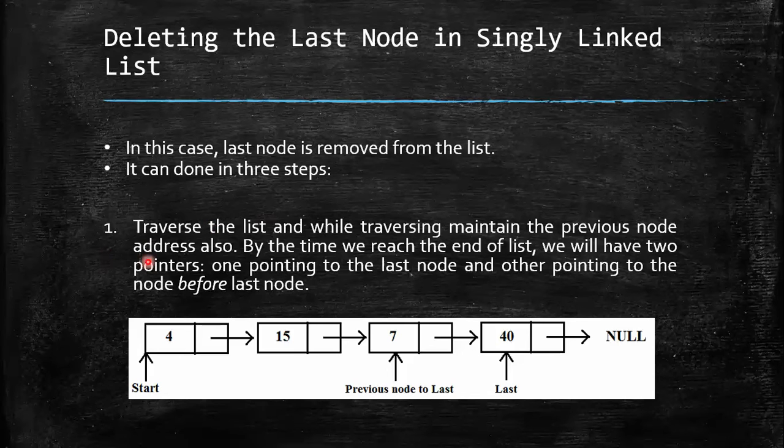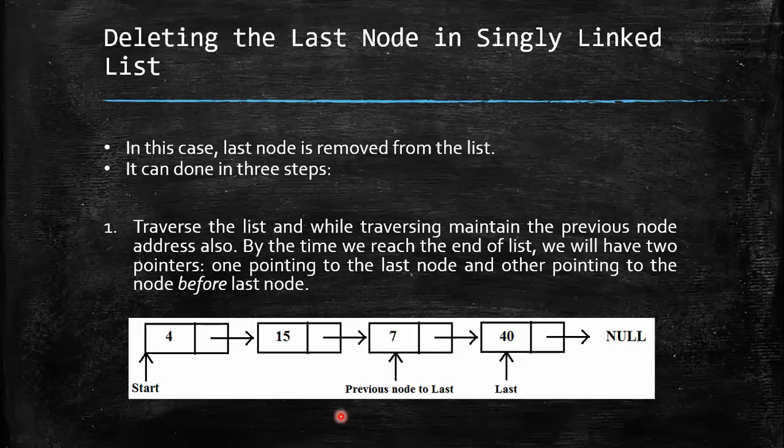First step tells to traverse the list. You might relate it with the previous video on traversal, or with the video on insertion at end. When we were trying to insert an element at the end of the list, we traversed from start till the end and then inserted there. In the same way here also we have to traverse from start till end, but there is something extra that we need to do here, which is similar to what we have done in the previous